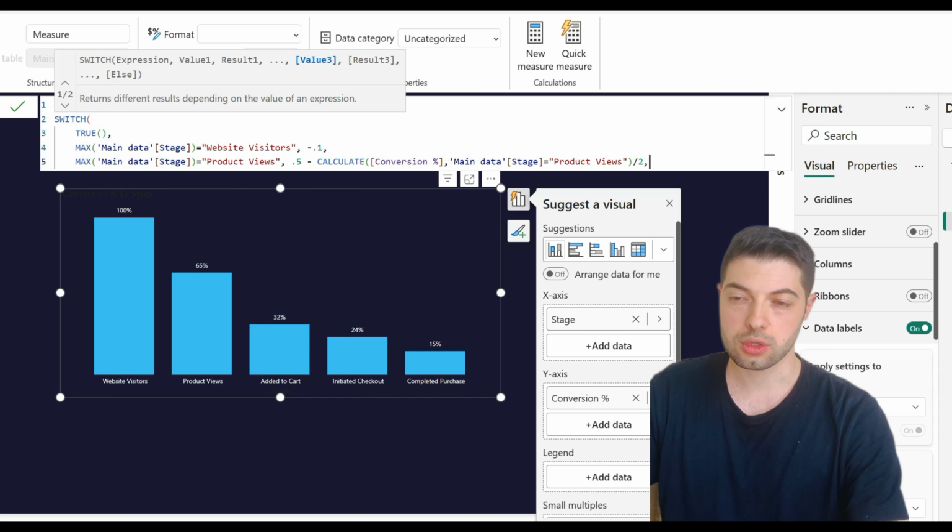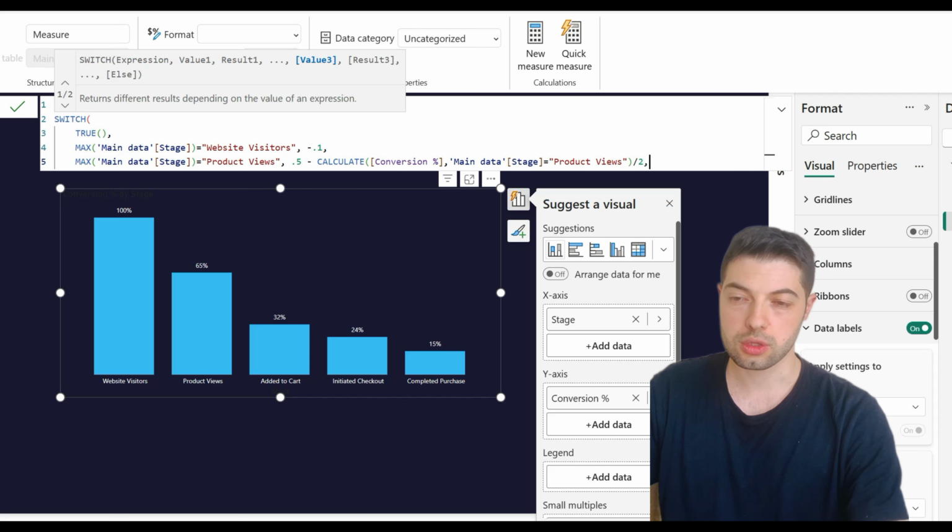And if not, it should turn blank. Okay, our dummy measure, custom measure is ready.